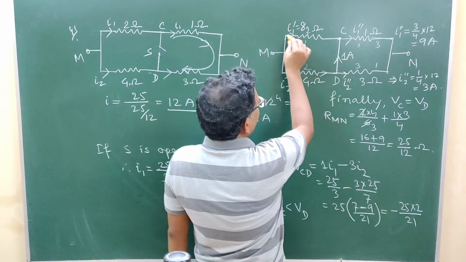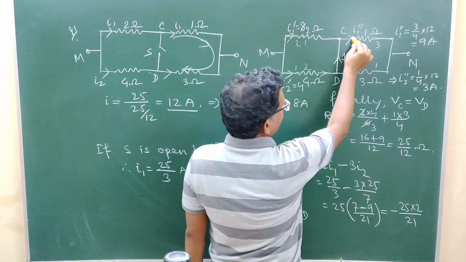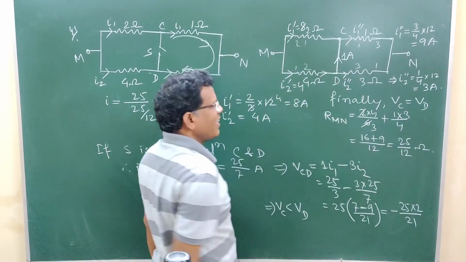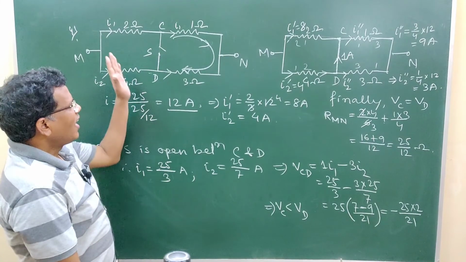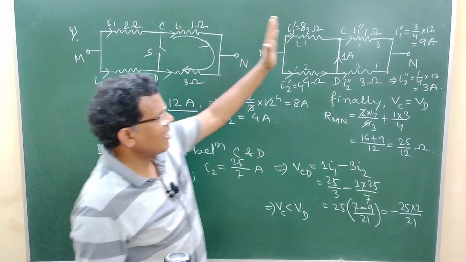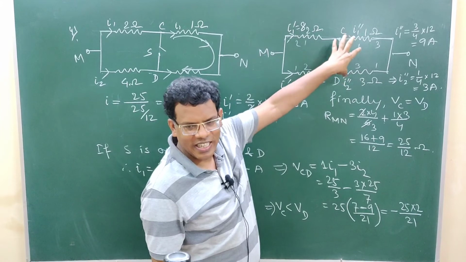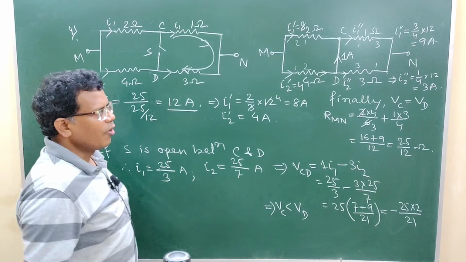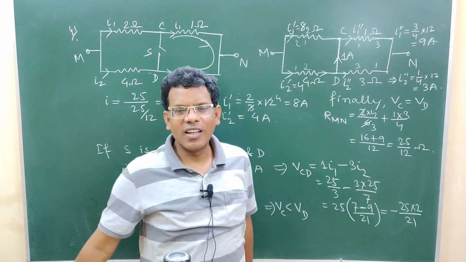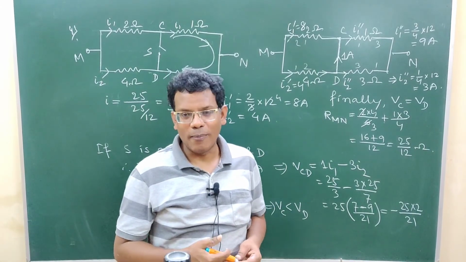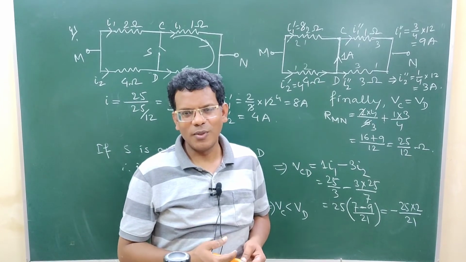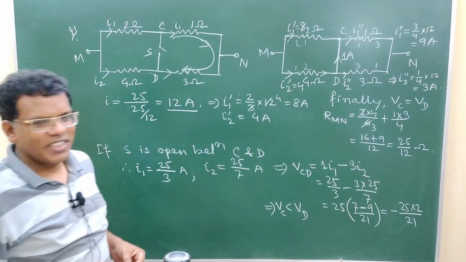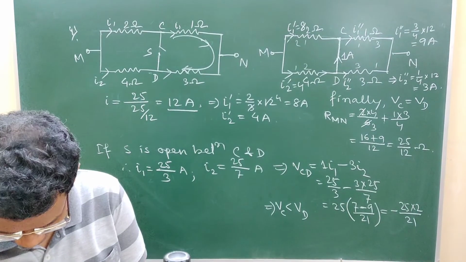You can make it junction rule here also. Here it was coming 8 ampere and going this way 9 ampere. That means definitely 1 ampere has been added at the junction C. So that means after closing the switch, which is the final situation, this is directly given here in our question. So the current which will be flowing through the connected DC will be 1 ampere. Got it? Was it a nice concept? Wasn't it a nice concept?